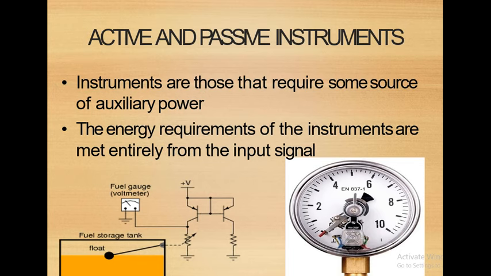I think you have studied active and passive components in electronics. An example of passive components are the resistor, capacitor, and inductor. And if you see active components, generally they are transistors and different types of diodes. So why is the active and passive component classification done, and how do we classify them? Based upon that definition only, active and passive instruments are defined here.